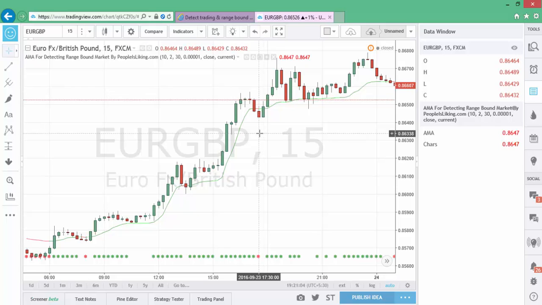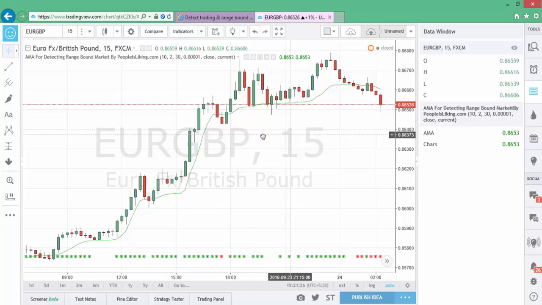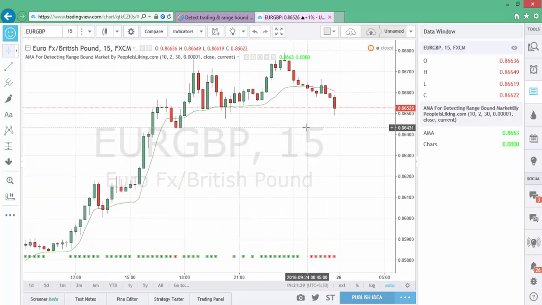But as you see, it's 0.86429 and the next candle the low is 8643, so it did not cross the previous low. So we are still in a trend and it goes till here. It's range bound, but in an upward direction, so we are not exiting here. And then here it comes, we are exiting here.